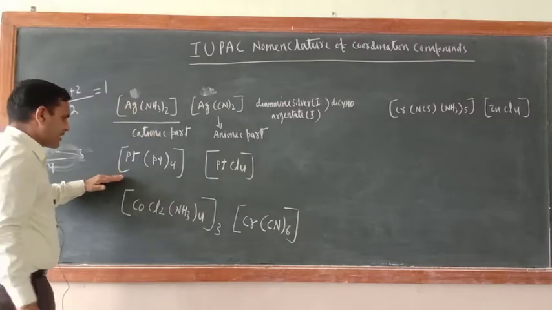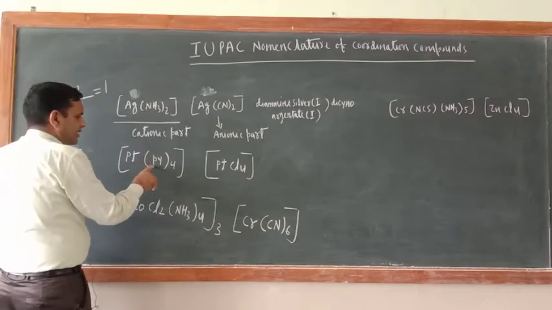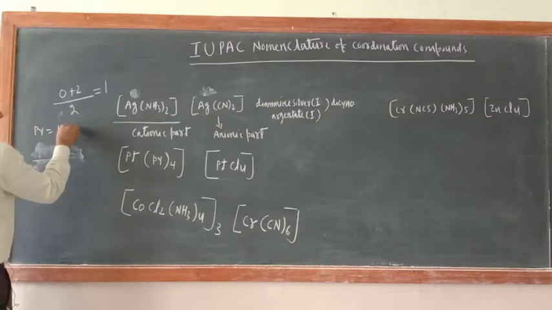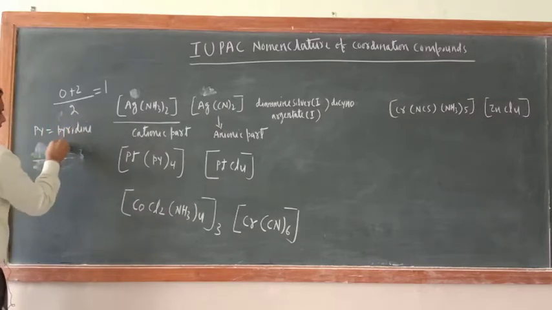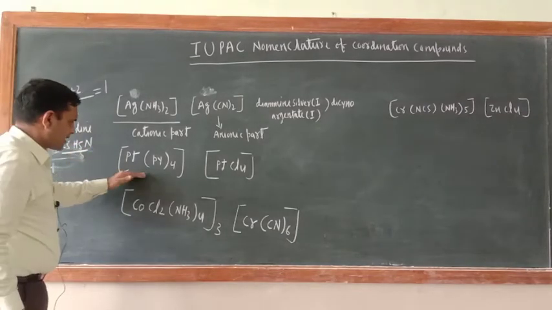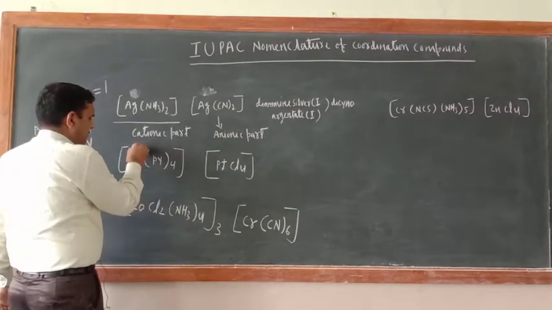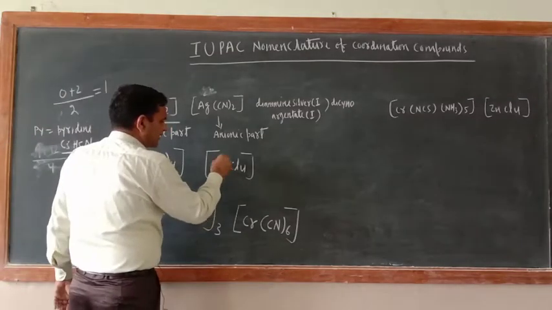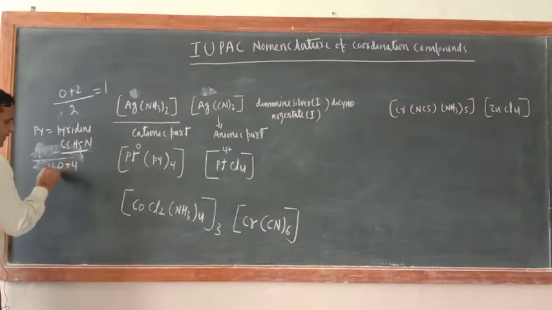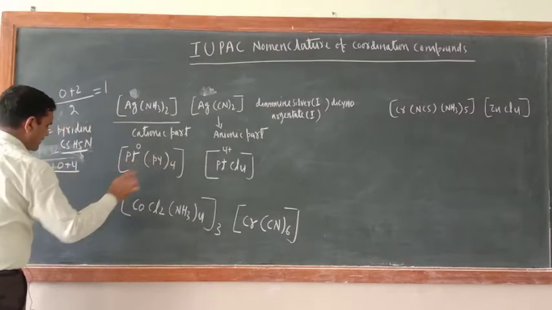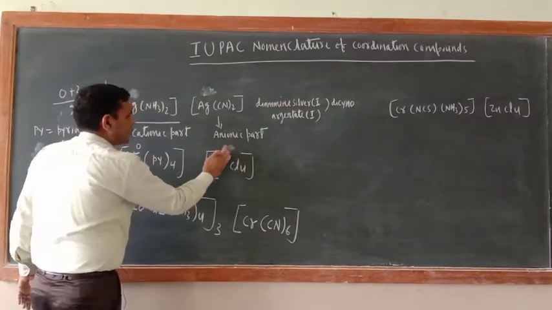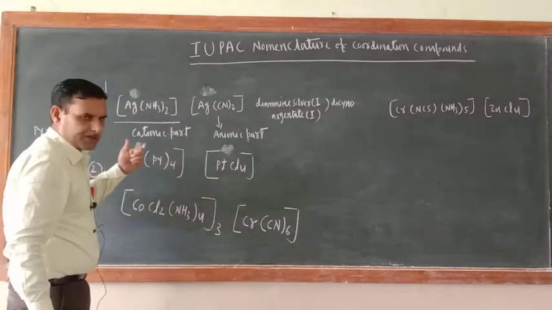Now the same is the case here also. Just see here, this is py, meaning pyridine. This is a neutral ligand. What is the formula? C5H5N, pyridine. So this is a neutral ligand, its oxidation state will be 0. What about the oxidation state of this one? 4. So 0 plus 4, how many platinum are there? 2. So 4 divided by 2 is 2, which means in each case both platinums will have plus 2 oxidation state.